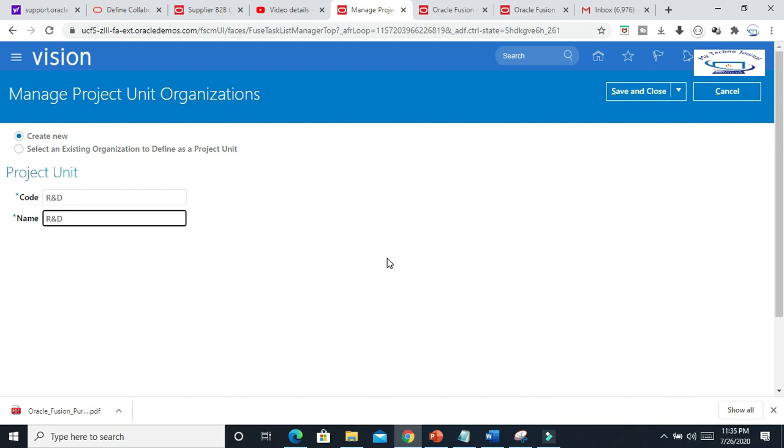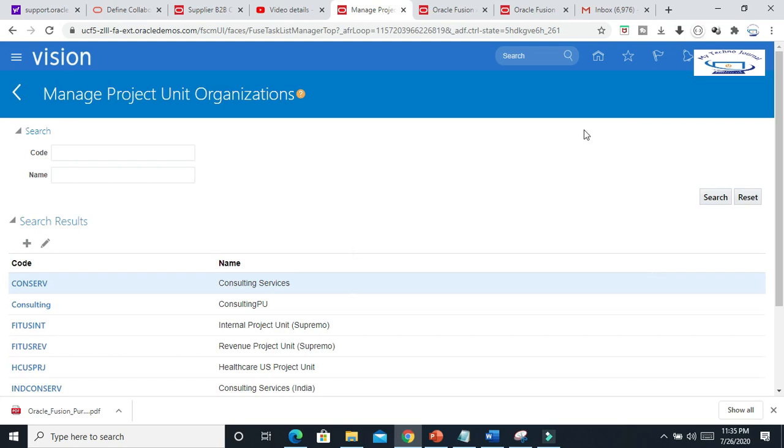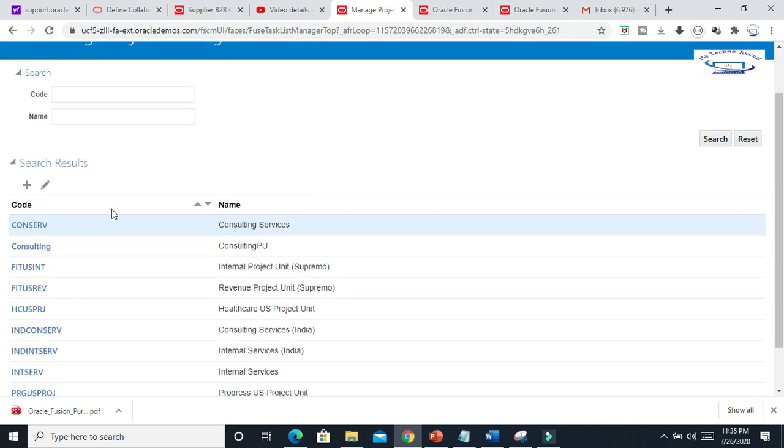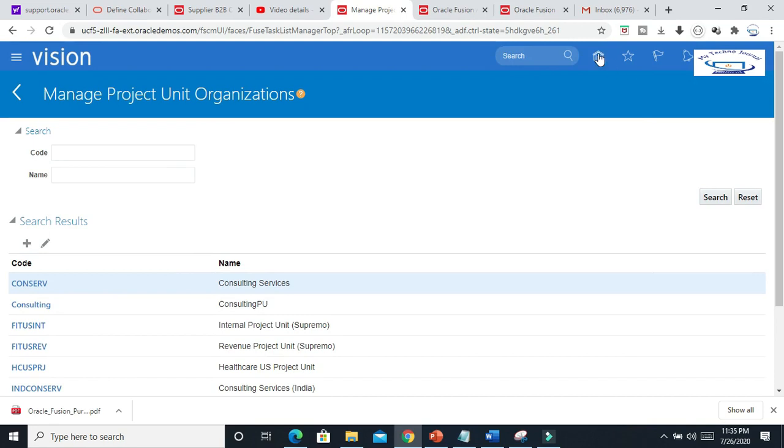So you can create a different project unit for this. Now save and close.